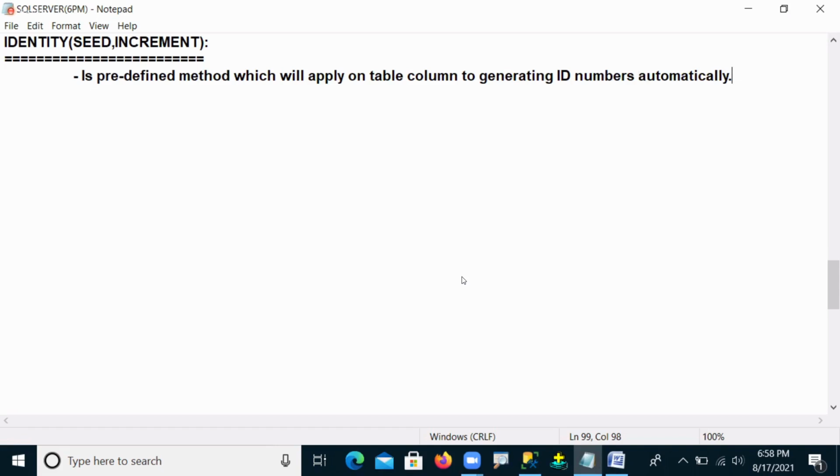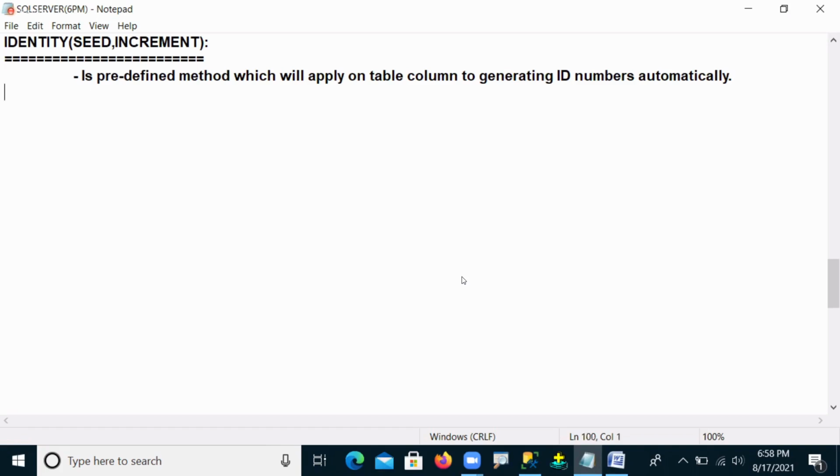So what is the use of this? When we apply this identity method on a particular table column, the ID numbers are automatically generated in that column. So when you want auto incremental values generated for the ID in a particular column of a table, there we can use identity.